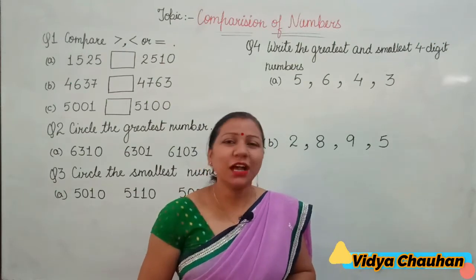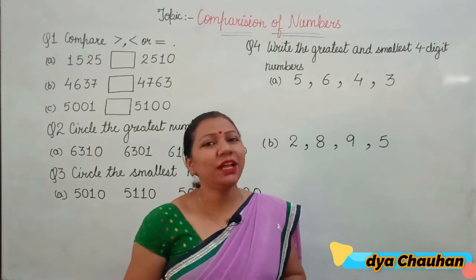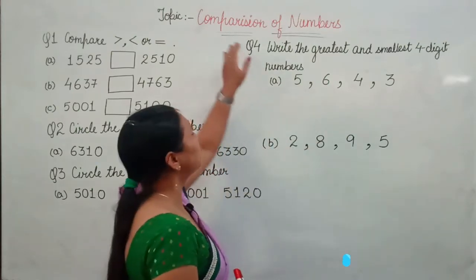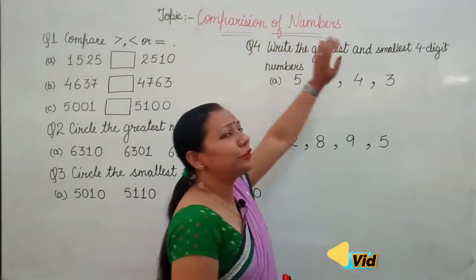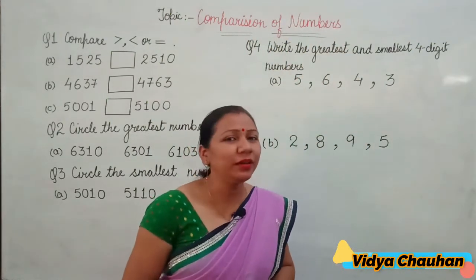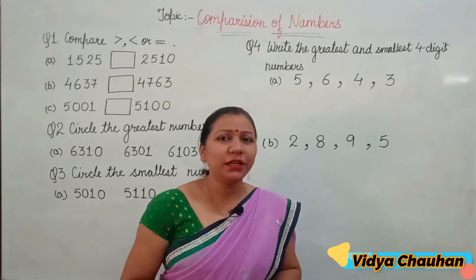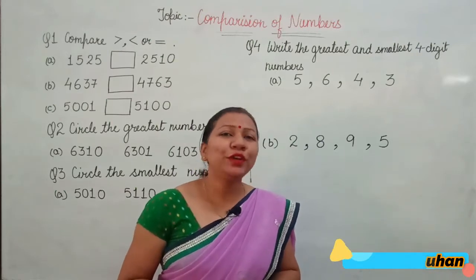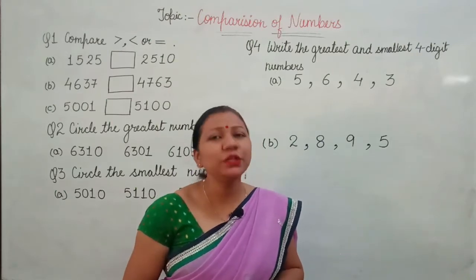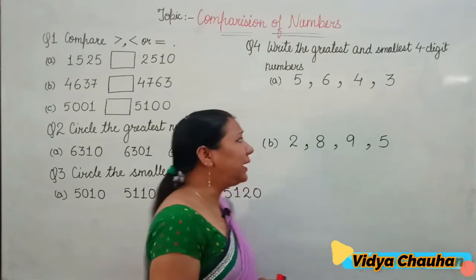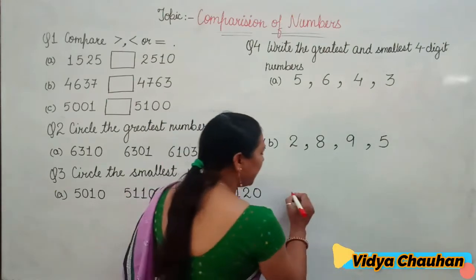Now students, after completing place value and face value, today we are going to discuss the comparison of numbers. How you can compare 4-digit numbers and how you can find which value is greatest and which value is smallest. So comparing a number, if I take an example here,